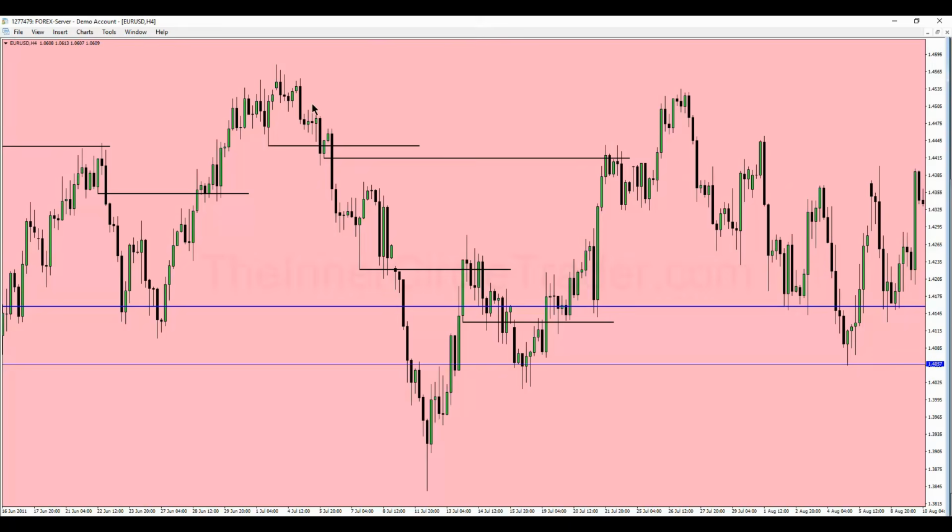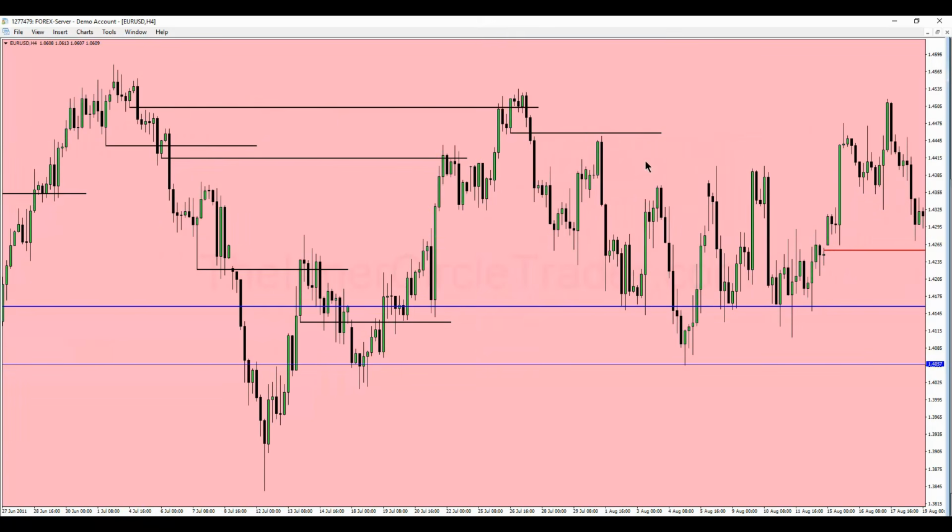And we have this area up here, an old fractal high, right there. Price trades to it here. Bearish order block, starts to sell off. We have another opportunity presented here. Okay, last up candle, right before the down move. Didn't quite get to it there. We have a bearish order block